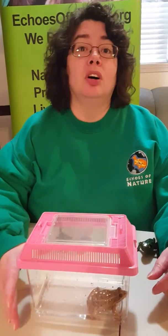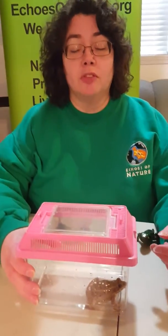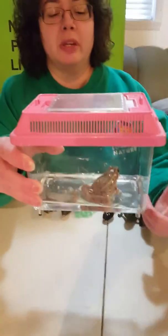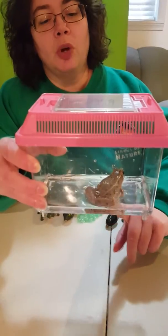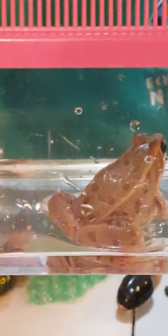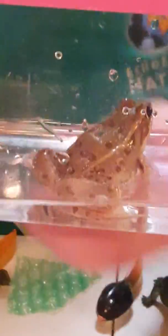We're going to do a little segment on the life cycle of frogs. And I have a frog guest for us today. This is a leopard frog who is facing the wrong way. If you look along his back, he has spots on him like a leopard, which is how he gets his name. I'm going to try and turn him so you can see the front end,